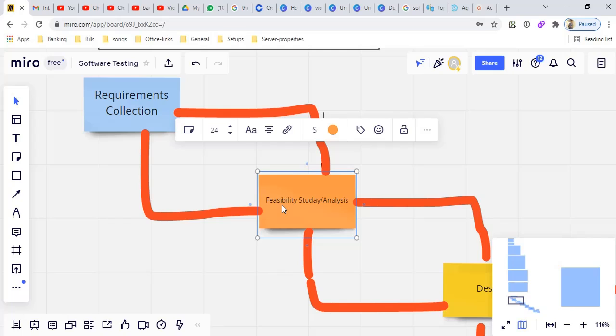So how many resources are available? The HR department will say how many resources are available to work on this project. How many senior resources, how many junior resources, how many staff are available, how many can work dedicatedly, how many are shared resources. All those details,